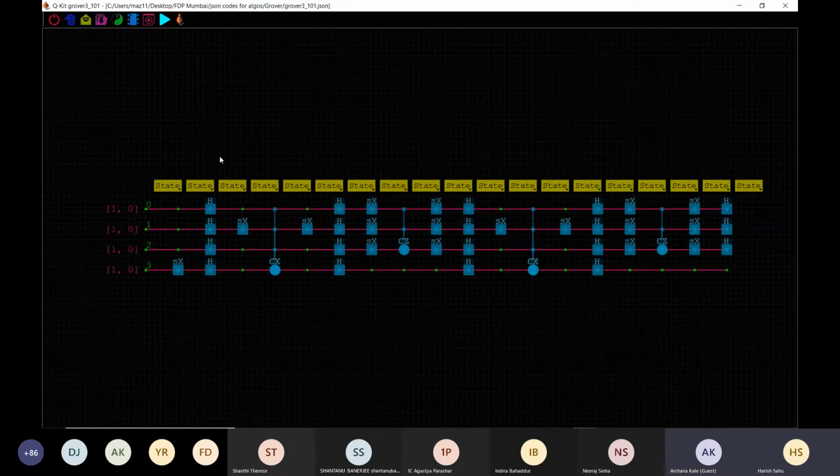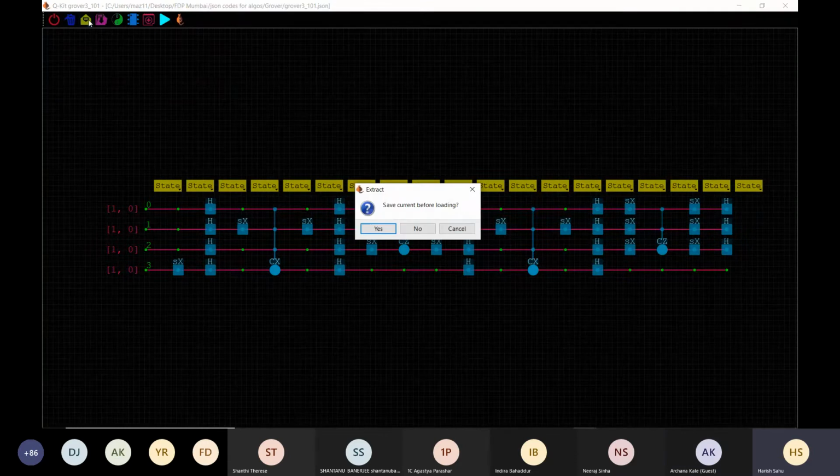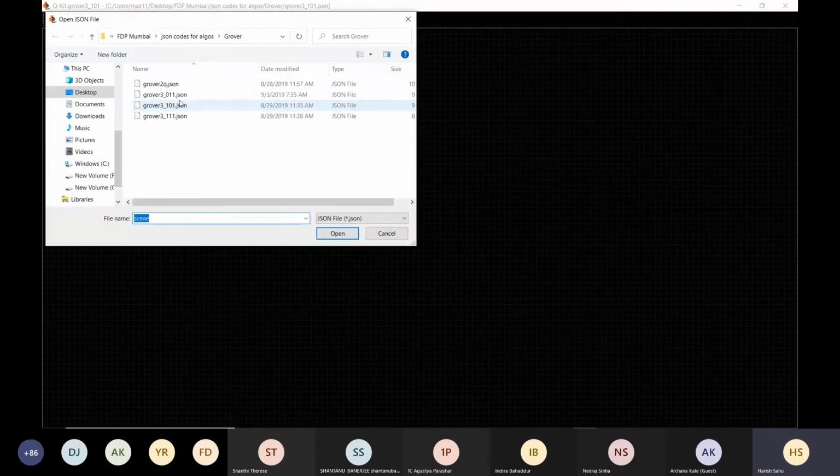Here also you can see the progression state by state, and there are 3 options which we have demonstrated: distribution, amplitude, and text. We have done this for the function X1, X2 bar, X3. Suppose the function changes, then what should be our changes in the implementation? Can anyone tell? Suppose I want to do it for 0, 1, 1, or basically X1 bar, X2, X3. Can anyone tell?